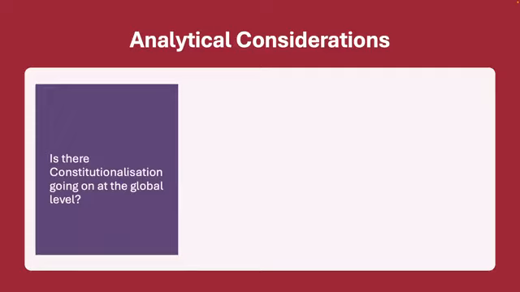But the question is, is there constitutionalization going on? And by constitutionalization, we mean the potentially slow transition from whatever international law was or whatever international relations was to there being constitutional principles imbued within the global system. Okay, so constitutionalization is a process, if you will, towards global constitutionalism. It is a transformation towards global constitutionalism, the embedding of constitutional principles in international institutions.